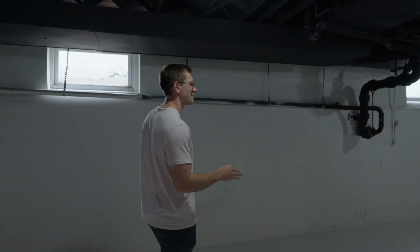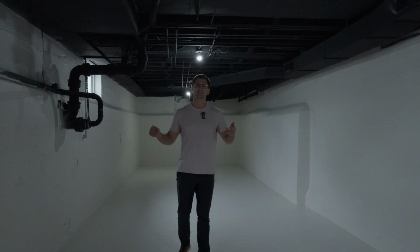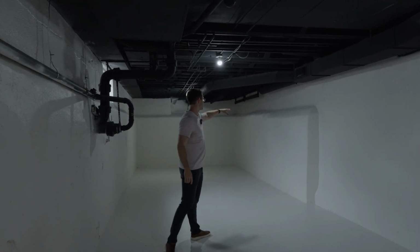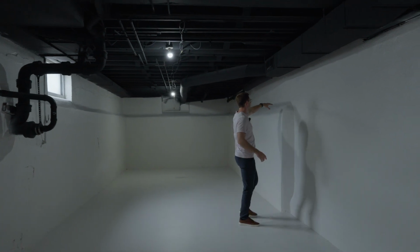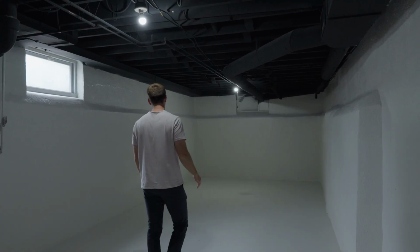When I saw this the first time, I was just super surprised that this was here. So at some point, this house I think used to be a crawl space. You can kind of tell by this ledge here. And at some point, someone dug it out and then poured a foundation in place. So this massive unfinished area is,